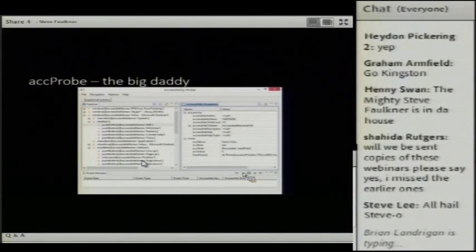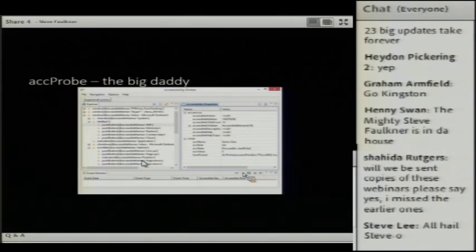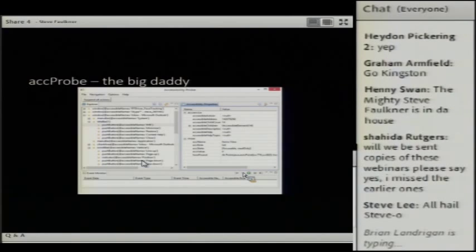And then there's AccProbe, which I call the Big Daddy because, unlike the Microsoft tools, where Inspect only covers and AccExplorer only covers MSAA, AccProbe is a cross-platform tool, and it covers IA2, which is accessible to MSAA, and also ATK on the Linux platform.